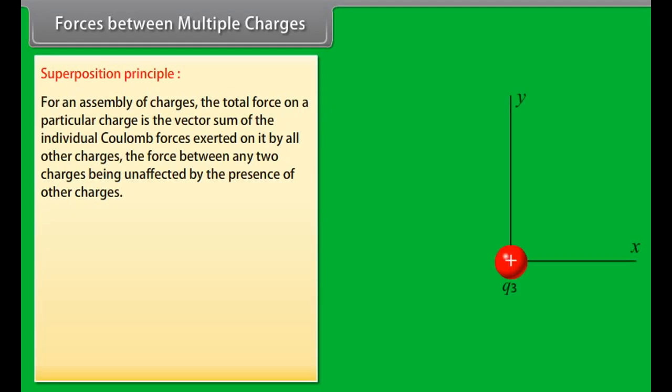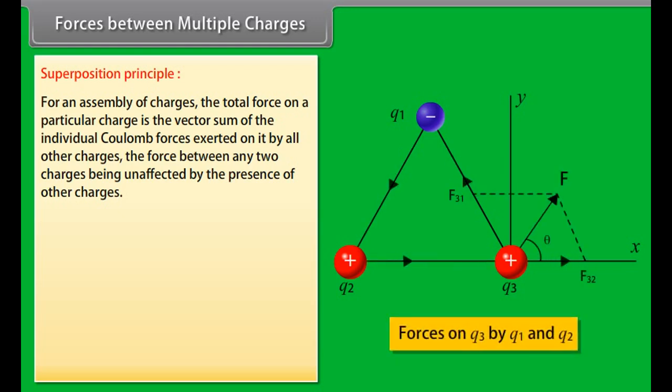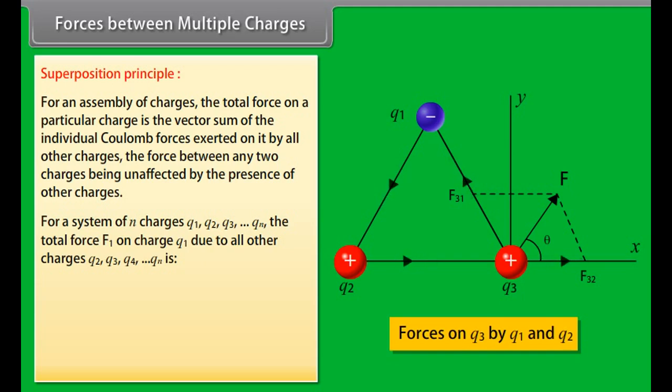For an assembly of charges, the total force on a particular charge is the vector sum of the individual Coulomb forces exerted on it by all other charges, the force between any two charges being unaffected by the presence of other charges. For a system of n charges, Q1, Q2, Q3 and so on till Qn, the total force F1 on charge Q1 due to all other charges Q2, Q3, Q4 and so on till Qn is F1 = F12 + F13 + F14 and so on till F1n. This equation can be written as